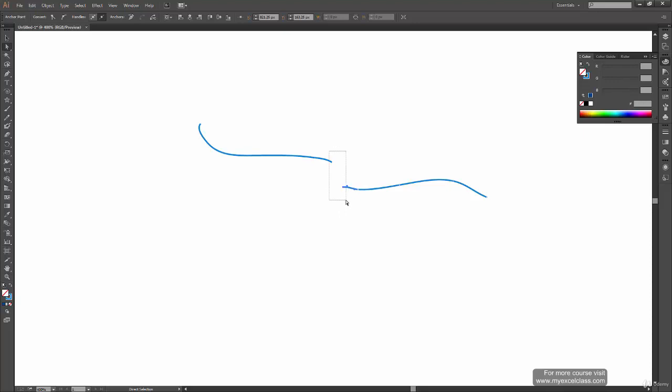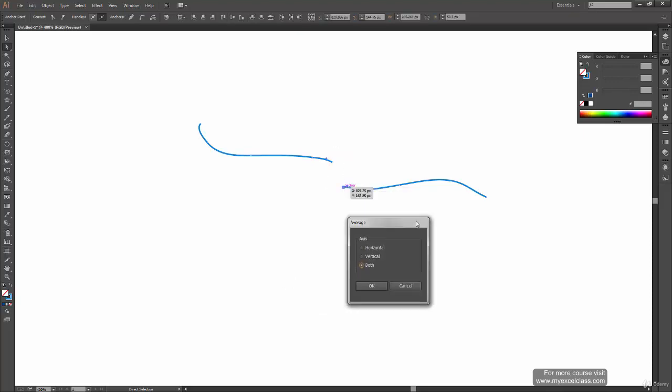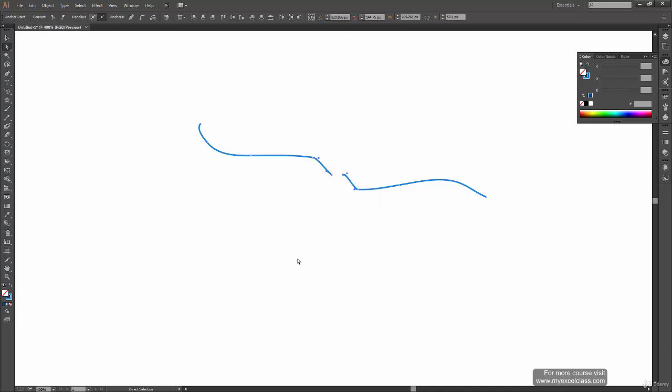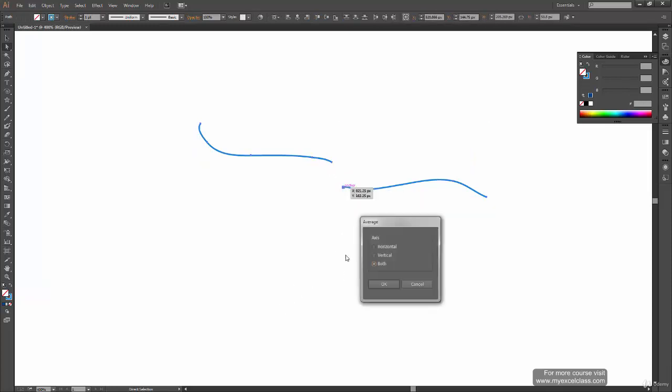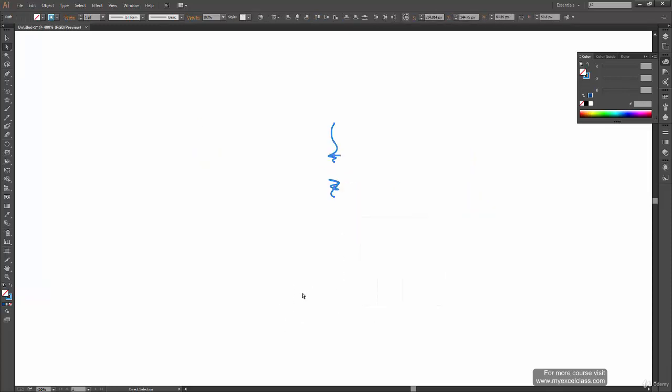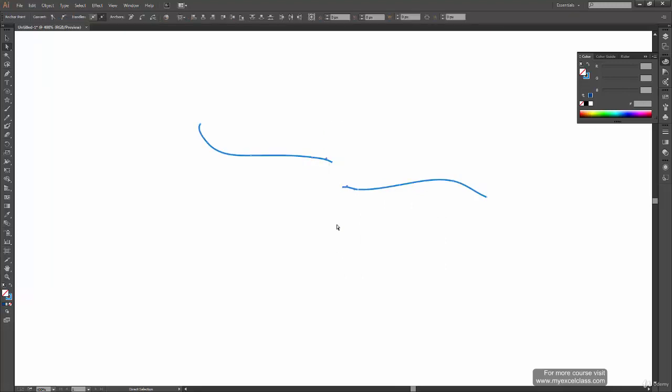I'm going to select these two anchor points, right click and say average. This time, instead of both, I am choosing horizontal and click OK. You can see these two anchor points are in a single horizontal line. Otherwise, when I click on average and make it vertical, so okay, let's select these two anchor points only.